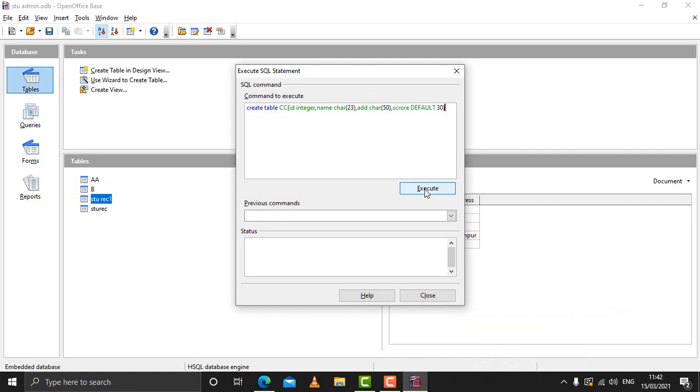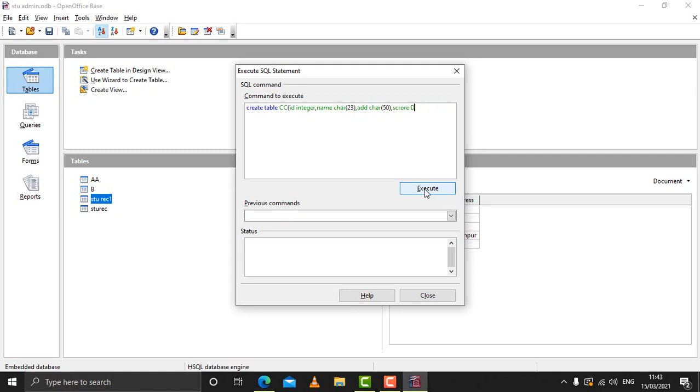The next constraint is the unique constraint. Basically the unique constraint is used when we do not want repetitive data in a particular table. Say for example you do not want roll numbers to repeat. When we want that, we can set that field as a unique field, and when we set that field as unique, no more entries will be replicated. For doing so we can make some modification in the structure of the table. So suppose this is the table and you have to use only the command.